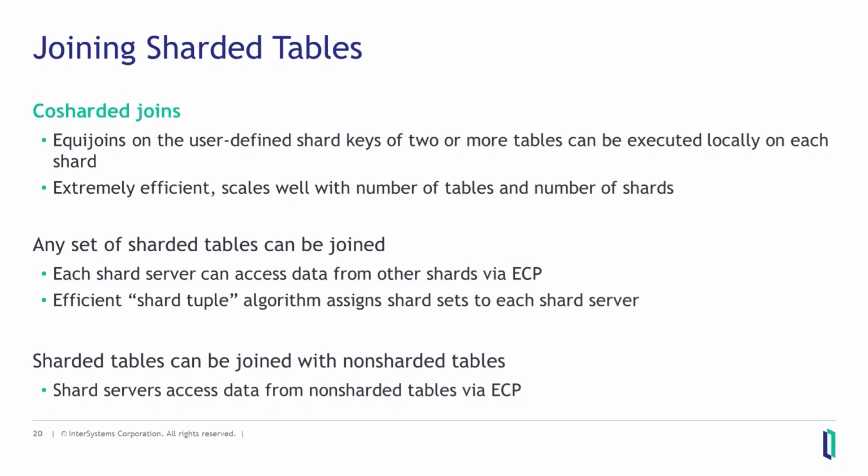So if your join says those fields of one table equal those fields of the other table, the sharding logic knows that any pair of rows that's going to be joined must reside on the same shard. Therefore, it can execute the entire join locally on each shard without having to do any cross-shard extra data movement. So it scales just as linearly as queries that don't involve joins. Now, the slight lack of flexibility here is that you get to choose one such join path for any given pair of tables. So for other joins you want to perform, we have another approach that will support any join,